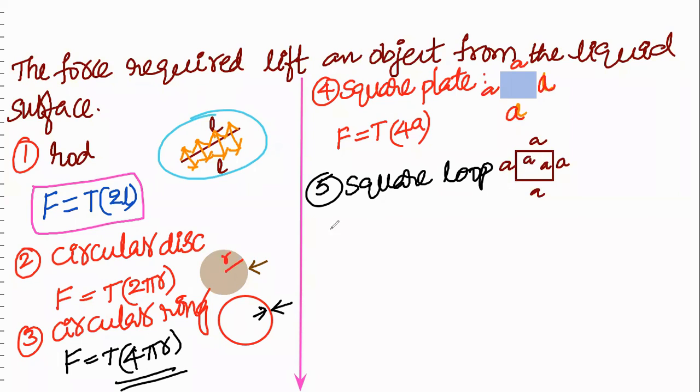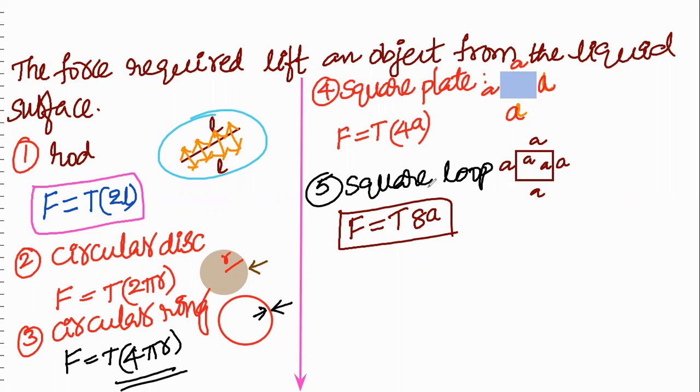Inside also 4 sides will be there. Then F is equal to T into 8A. This is the force required to lift this square loop from the surface of the liquid: F is equal to T into 8A. Like this for rectangular one, or for the spherical one, for annular ring, elliptical plate,